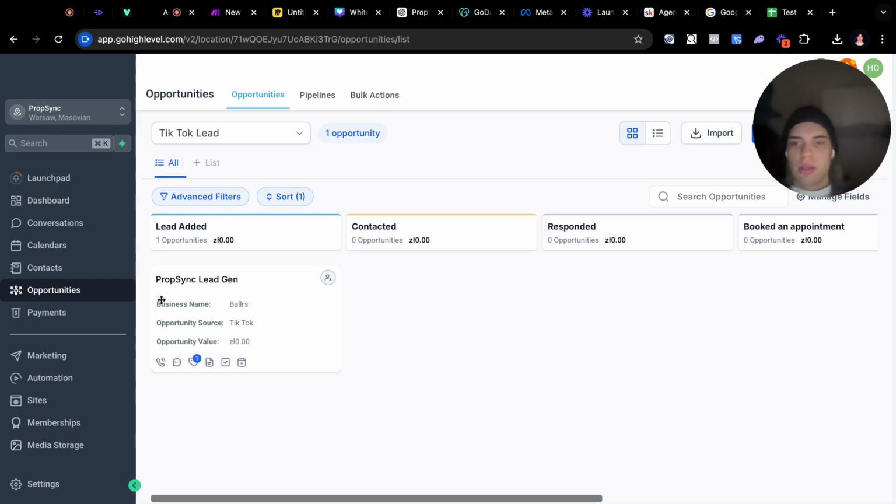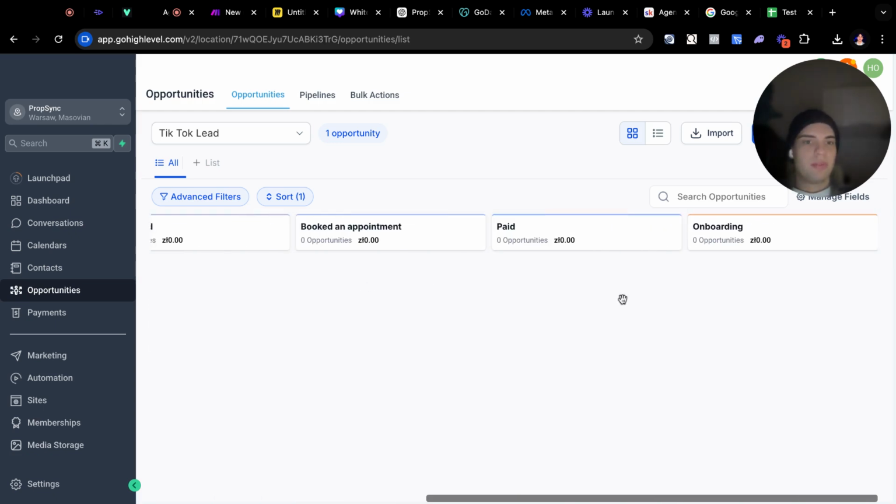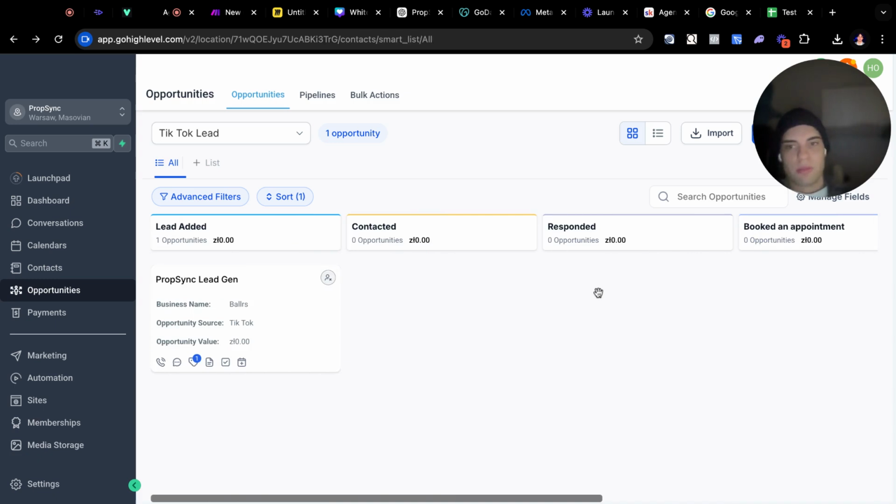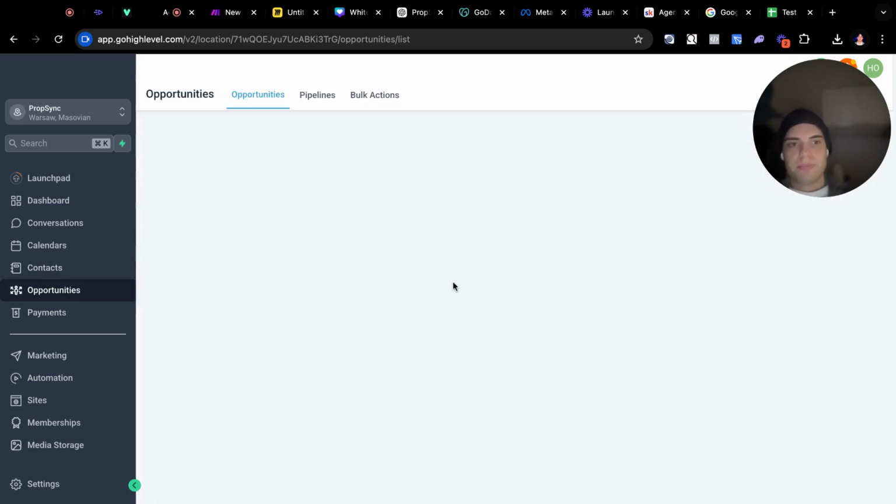You first need to do the automation, and after you create the automation, then when you're going to be adding tags to each of the contacts, it's going to be adding to your opportunities. And what's interesting here, we can also and we will create automations that whenever an added lead is contacted, then it automatically goes here, because we don't want this lead to be here forever. Because, for example, if he's already paid, we don't want him to be here. We want him